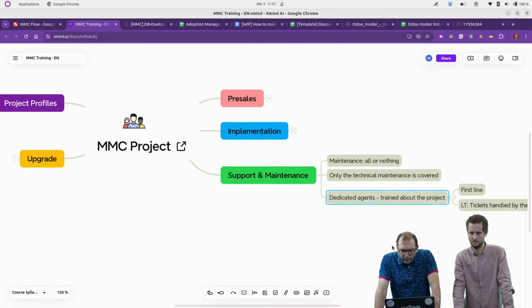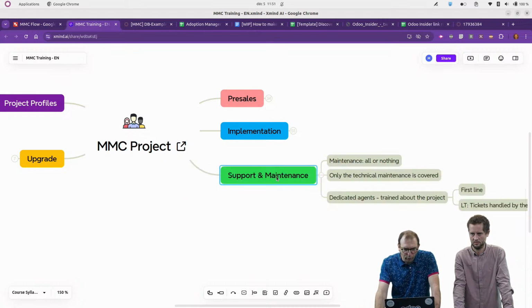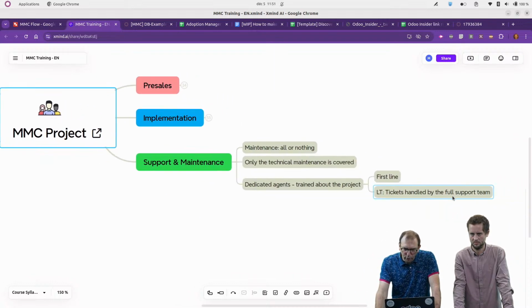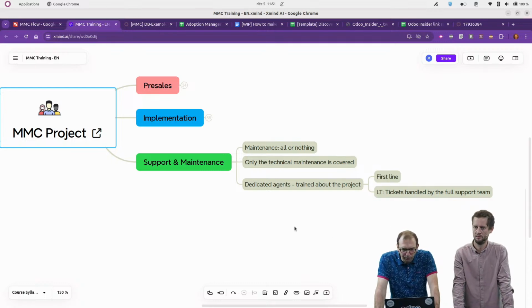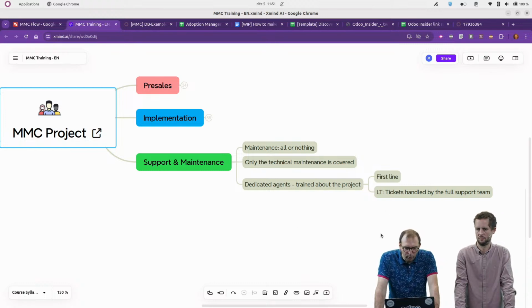And for the MMC project, we work with dedicated agents that are trained specifically about the project, and they will be the first line, knowing that in the long term, the idea is that the tickets, even for those big projects, should be handled by the full support team and not handled only by dedicated agents. And there are also, of course, some aspects that we have to work on to make it possible, like documentation